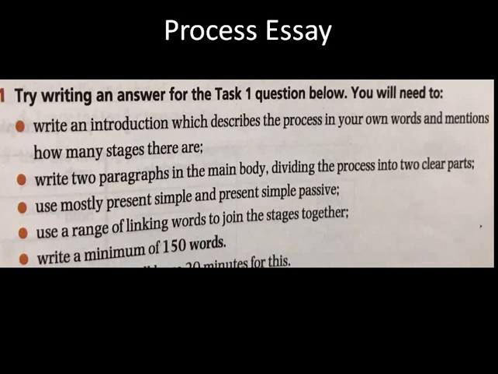First of all, there is an introductory part. In the introduction, you will say, for instance, these pictures illustrate the process of making tea, or how tea is produced, or how tea is produced and served. This is the first sentence. Then you count how many stages, how many pictures, and try to divide these pictures according to certain things. I'm going to explain later how many pictures are in that image and how I divide them. So after the introductory statement, when you say these pictures illustrate how tea is produced,